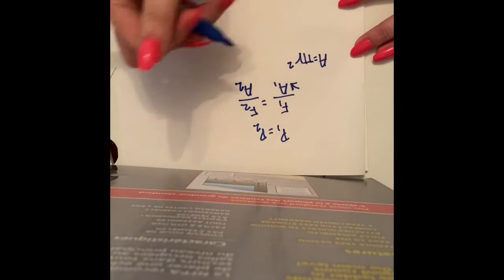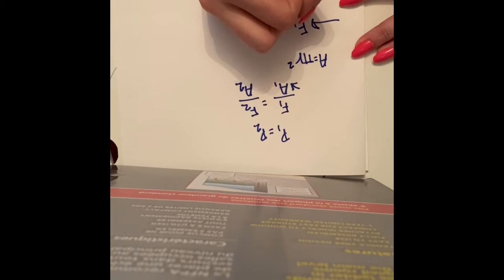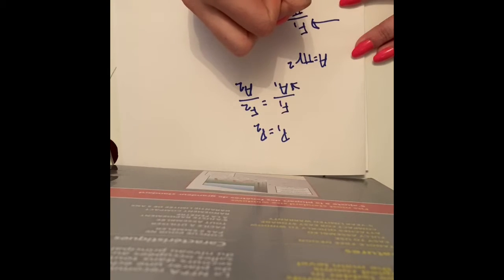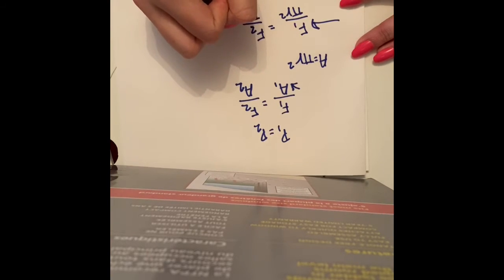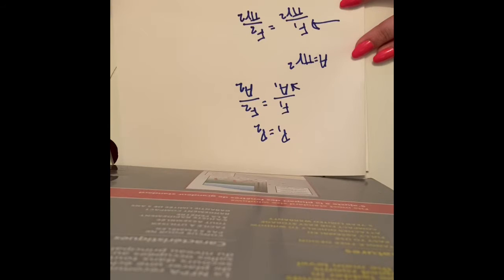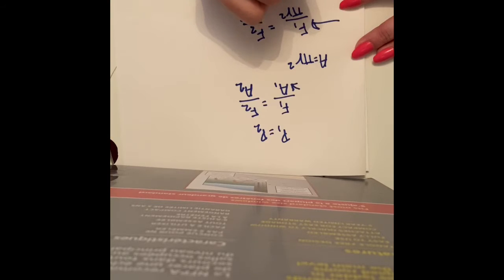So then we can rewrite the equation as F1 over pi r1 squared is equal to F2 over pi r2 squared. And then after a bit of rearranging, we can get r1 is equal to the square root of F1 over F2 times r2. And then from there, we'll just plug in our values